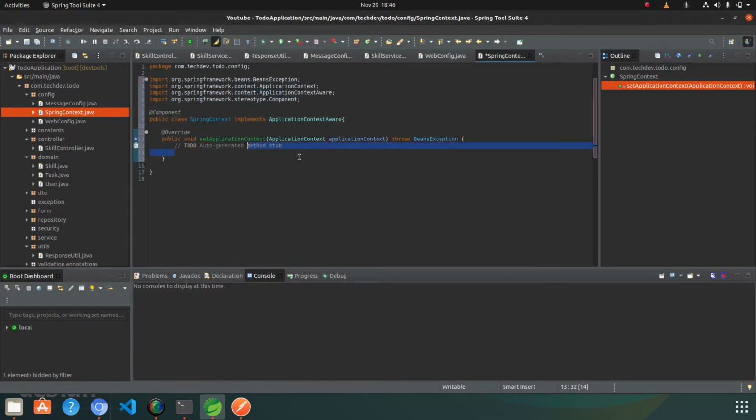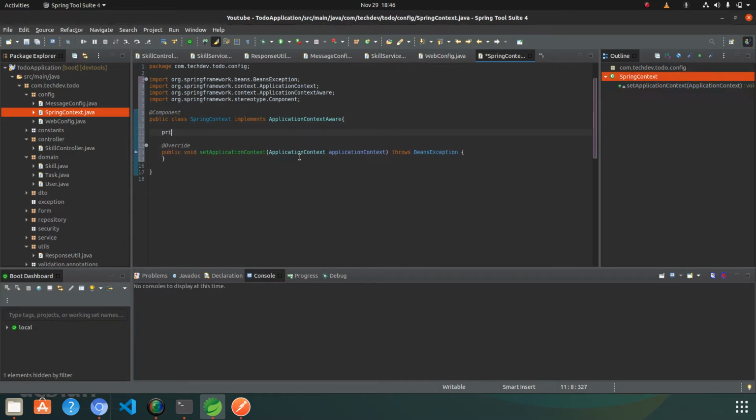It will provide us the application context, and let's take a private static